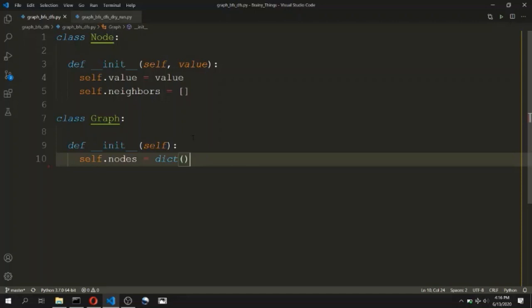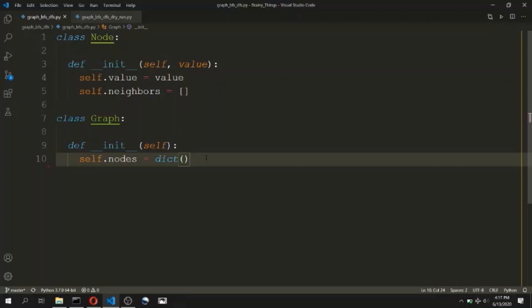That is, if a node has a number 1, then the key in this dictionary will be the integer 1, and the value corresponding to that key will be the actual node object, which will be initialized by this constructor over here. You will understand this when we start inserting key value pairs in this dictionary.